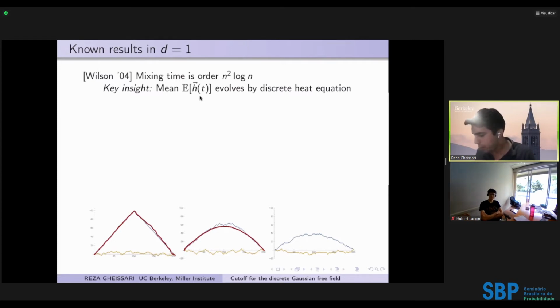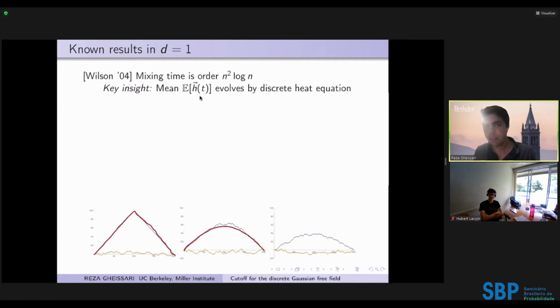Things stayed this way, with this being the state of the art, until work of Lacoin, which showed cutoff for the exclusion process, so identified exactly this constant 1 over pi squared in front of the n squared log n, okay? And the way you should think about this is that this 1 over pi squared is the time for the expectation to get on order square root n in dimension 1. So the expected height of the interface gets to order square root n,